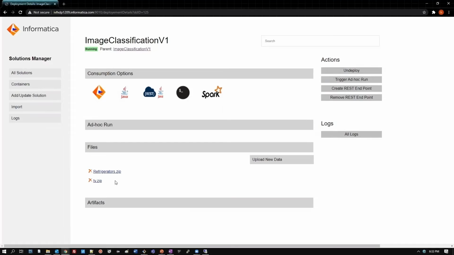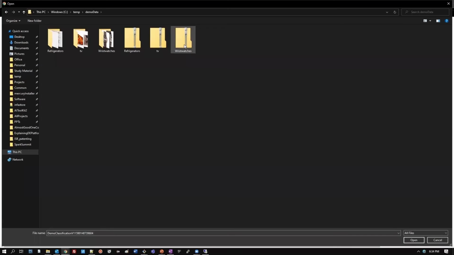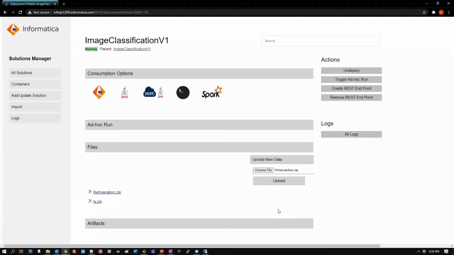Now, this is a very classical use case where the model has to be constantly updated with new data as and when it comes, and the framework should be able to transparently handle that. So in this case, what we can do is upload the images of watch so that we can train on that.